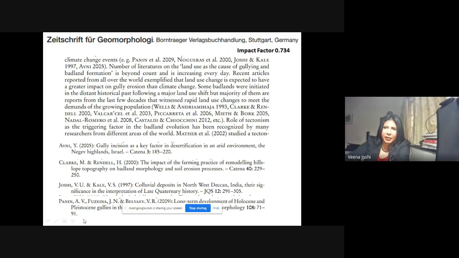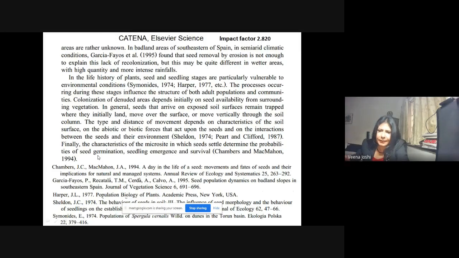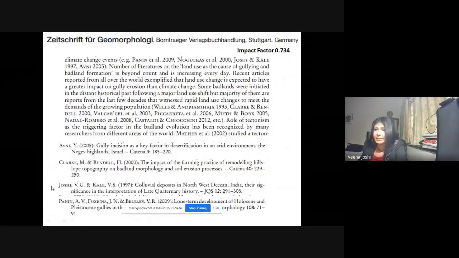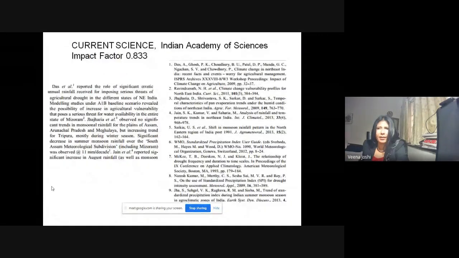I wish I had more time. JISRIP for geomorphology, impact factor this. So, some write AND, and in some, look here, everything is capitalized. Look at the capital, where was the capital earlier, look. So these are called different formats. Current Science, top in India, still the impact factor is quite low.